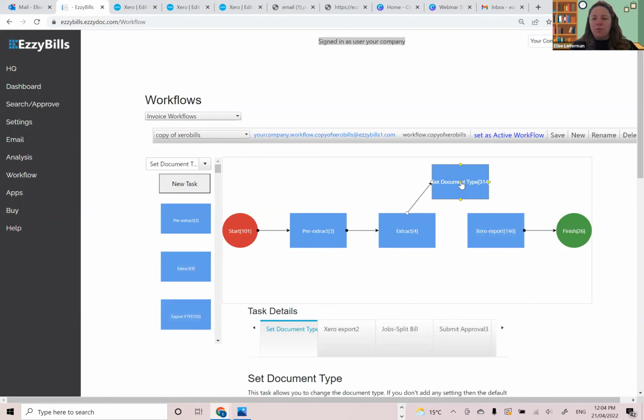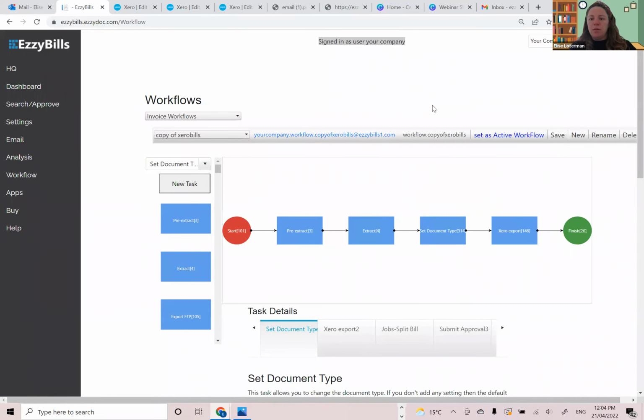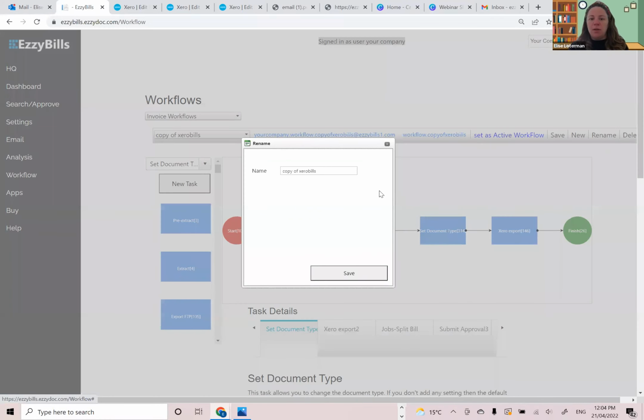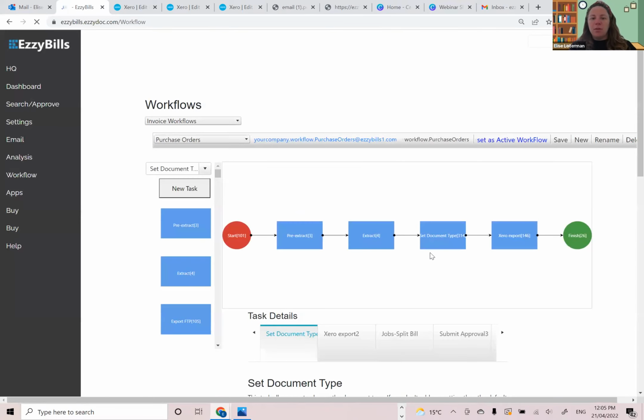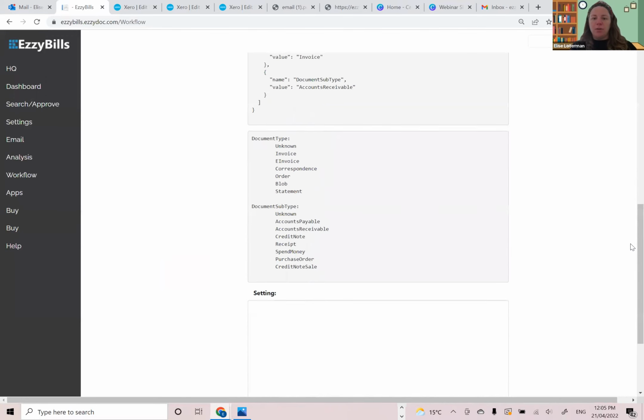And like I showed you before, we can add it to our workflow. We can save it. We can rename it. Let's just say, I don't know, purchase orders. We can then go back to our